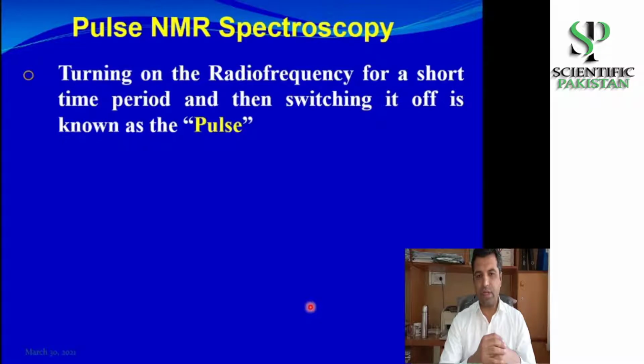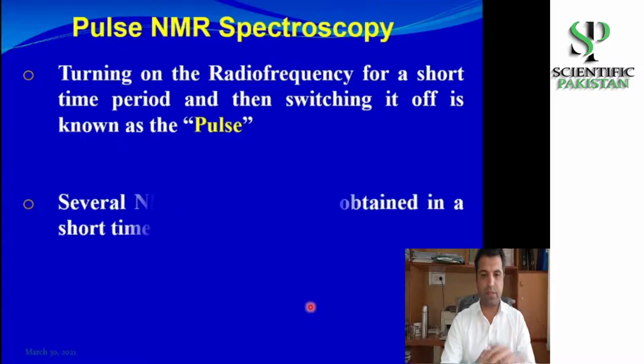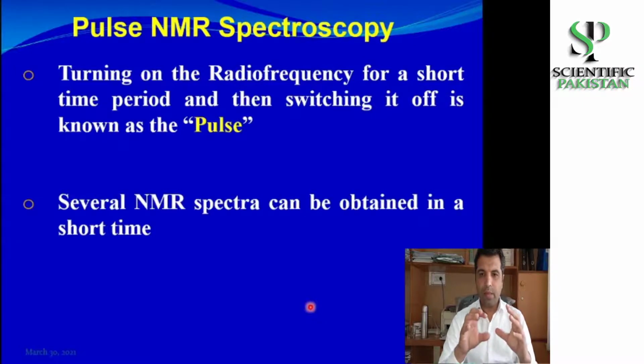So pulse really means turning on the radio frequency transmitter for a very short period of time and then switching it off. It's like a pulse, it's like your pulse actually, that turns on and off for a very short period of time, but it's a very strong pulse. Now, giving one pulse is one experiment, one NMR experiment. Then giving another is another NMR experiment. And that is why, because of this technology, several NMR spectra can be obtained in a very short period of